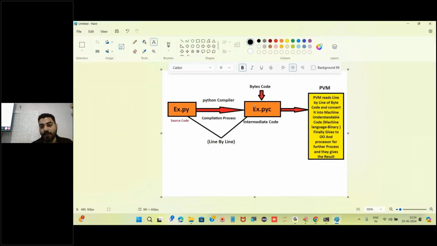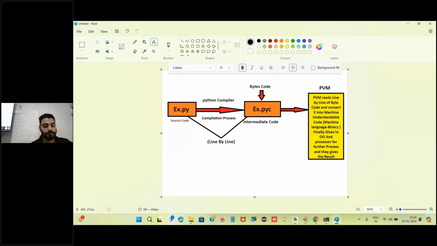Okay, here also after the intermediate code, byte code will transfer one by one, not at a time. Byte code will transfer to PVM one by one. Okay, and once it transfers, PVM will read line by line of byte code. Getting my point?